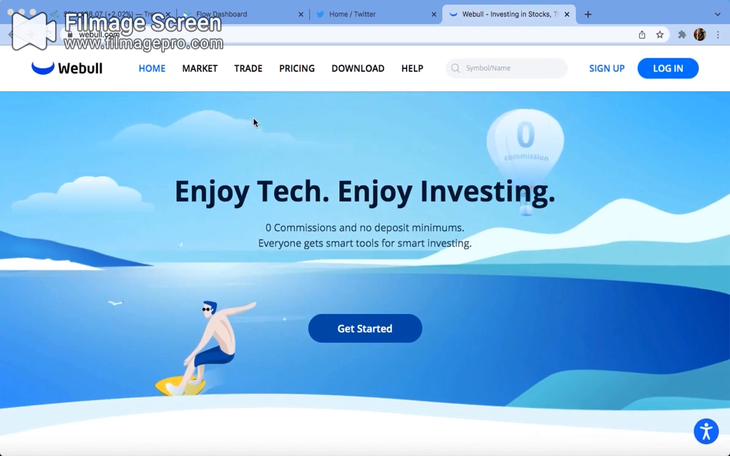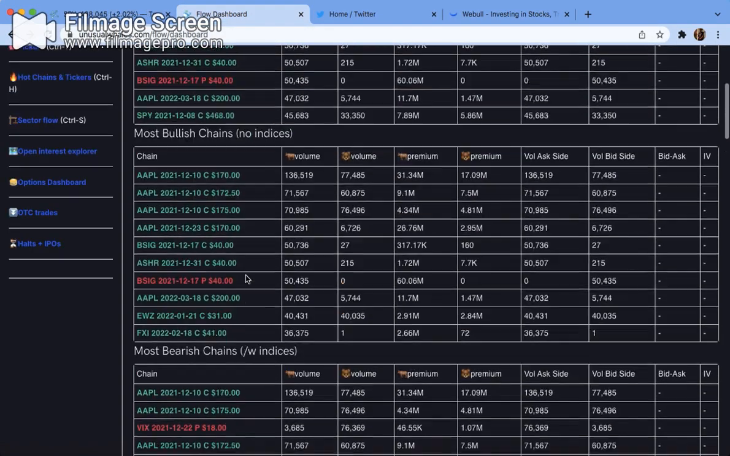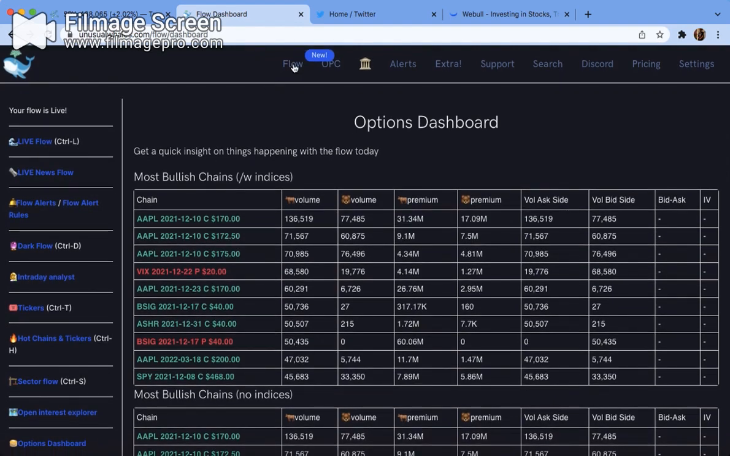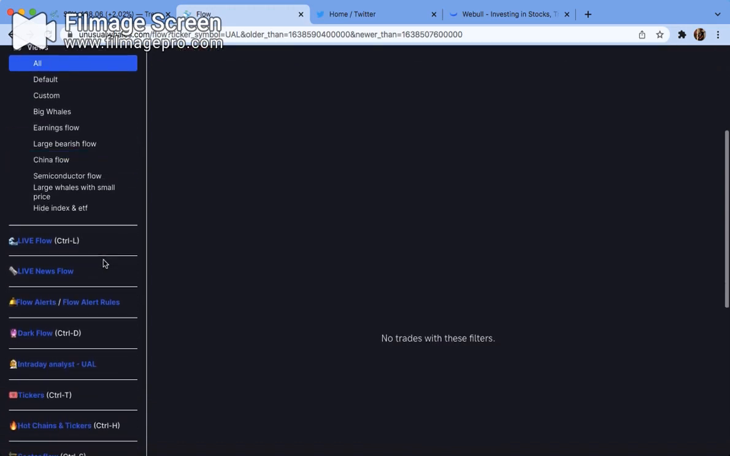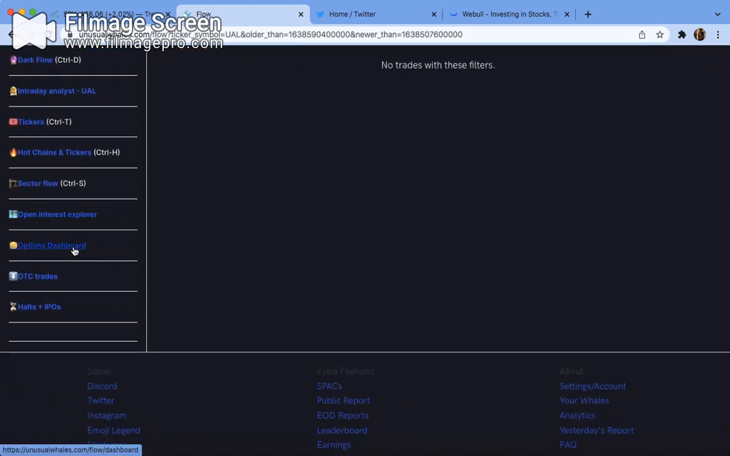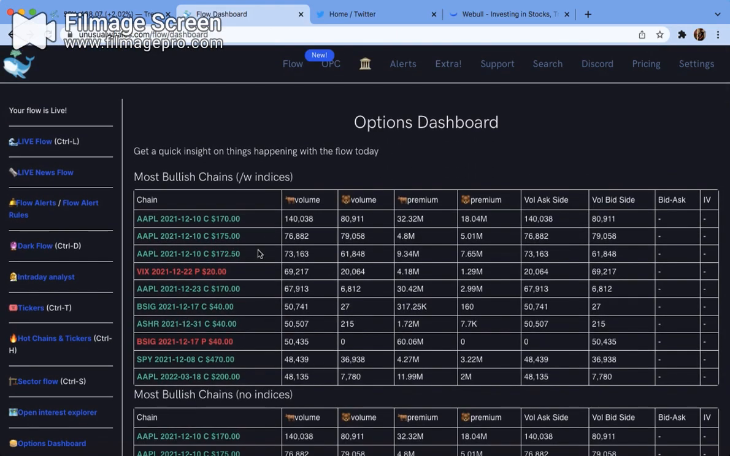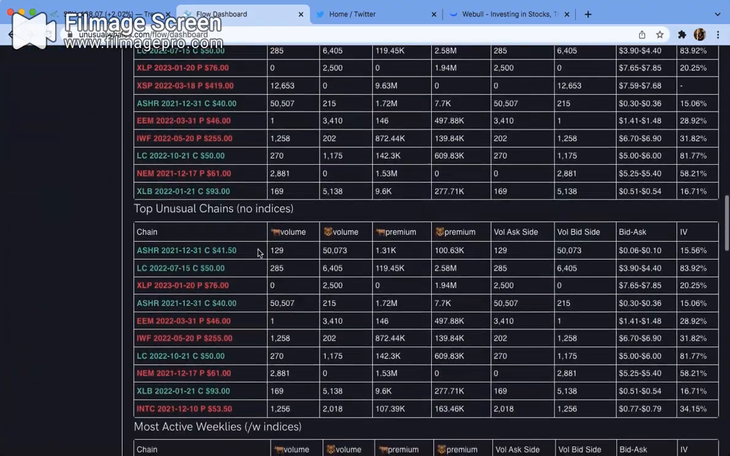Alright, the second thing we're going to do is create our own little watch list, plays that are under $1 and also able to trade off a smaller account. So we're going to head over to Unusual Whales. It'll pop up here with the flow. This is the normal starting page. We're going to scroll down over here to the options dashboard on the left, and then scroll down to